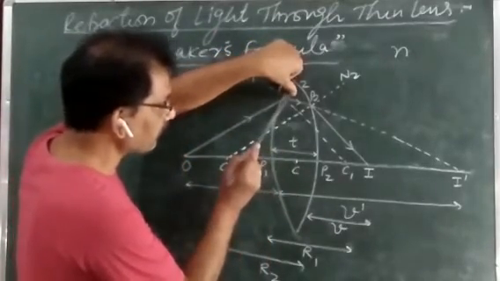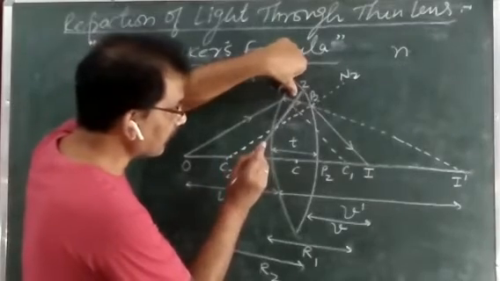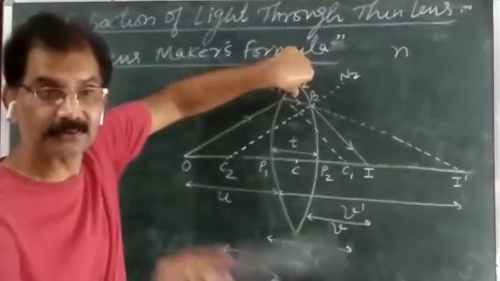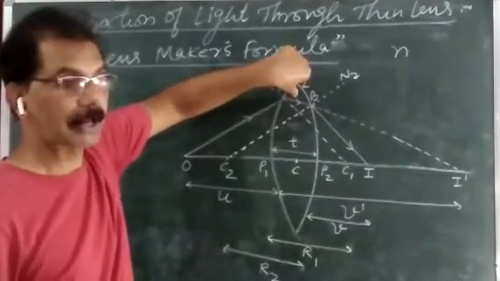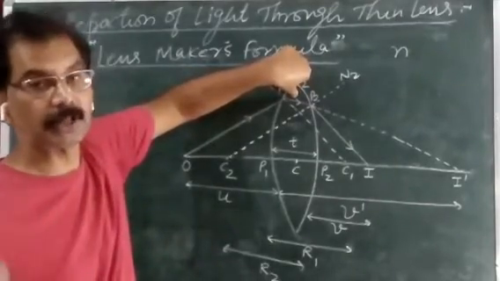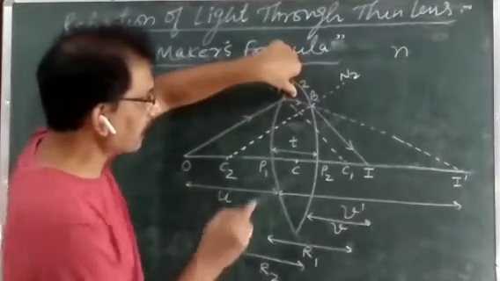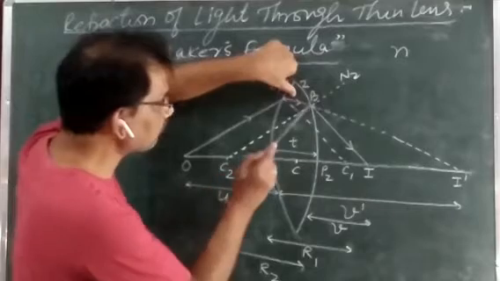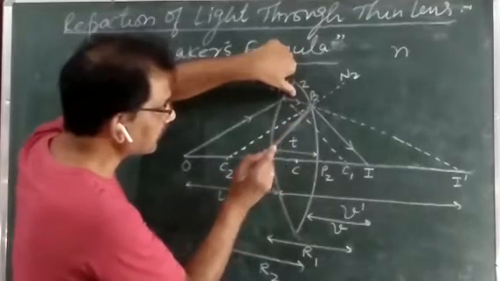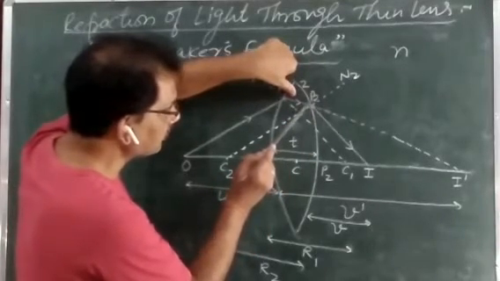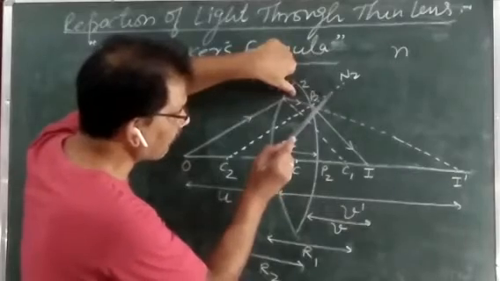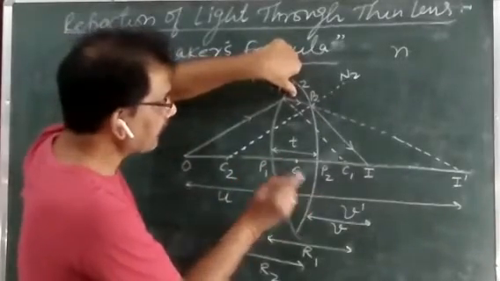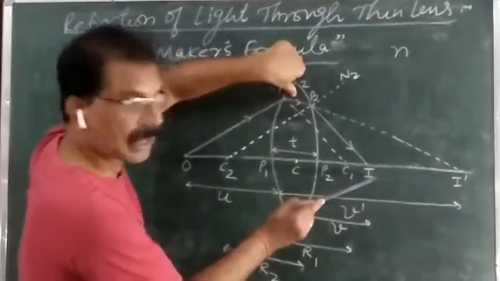और जब दूसरे सरफेस के लिए इंसिडेंट रेज की तरह काम करेगा तो फॉर द सेकंड सरफेस दिस रेज इज गोइंग फ्रॉम डेंसर टू रेयर। कहां से कहां जा रहा है? डेंसर टू रेयर। And when a ray of light is passes from denser to rarer, then it goes away from the normal. इसका मतलब इस सेकंड सरफेस पे जो नॉर्मल है C2B2, इससे रिफ्लेक्शन के बाद रेज क्या होगी? जाना तो उसको ऐसे चाहिए था लेकिन ये नॉर्मल से दूर होके इधर चला गया। एंड फाइनली इट मीट एट व्हाट पॉइंट ऑन द प्रिंसिपल एक्सिस? I।